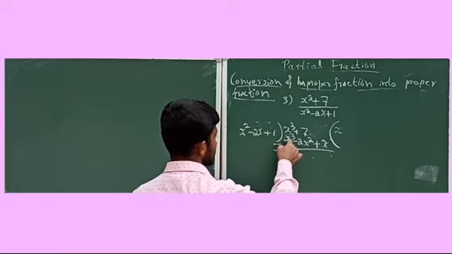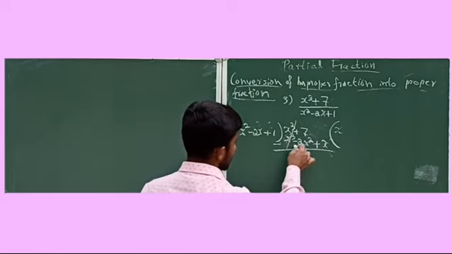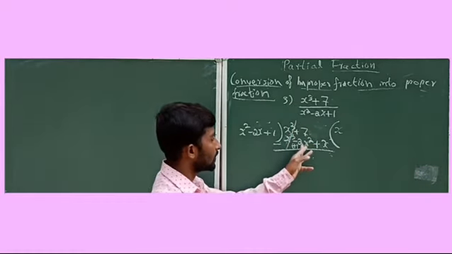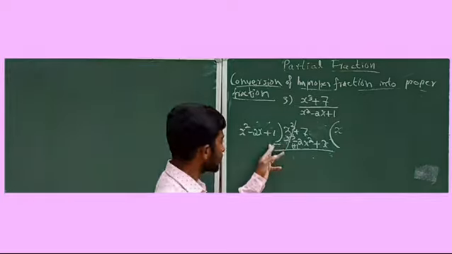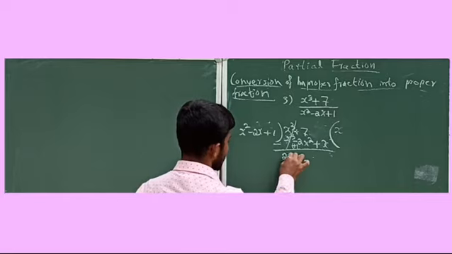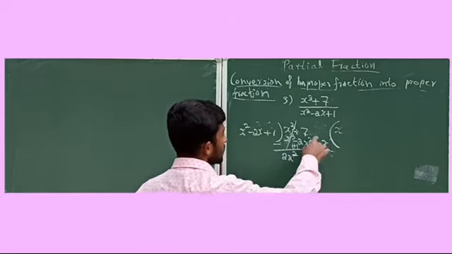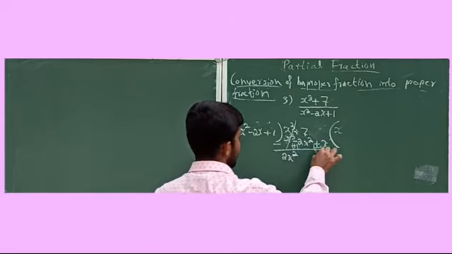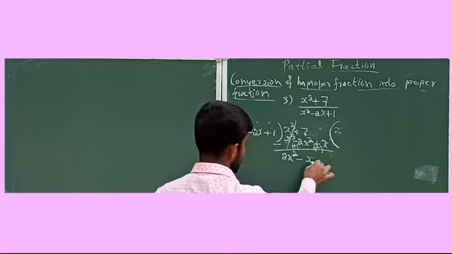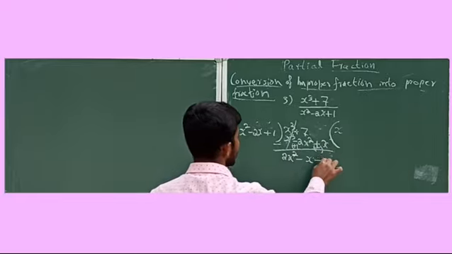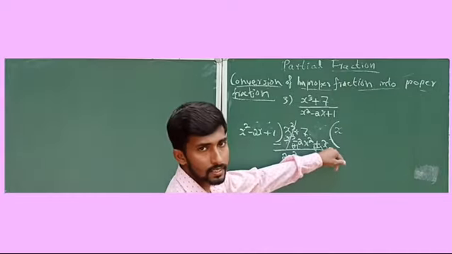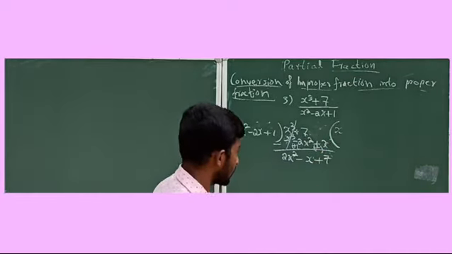Subtract. x cube minus x cube gets cancelled. Here 0 plus 2x square. Here see, no x square, but here minus 2x square is there, but you are subtracting, so minus into minus is plus, 0 plus 2x square. You will get 2x square. Okay, 0 minus x, okay, plus x, but here subtraction is there, so 0 minus x is equal to minus x. 7, plus 0, so 7 is remaining. In the second term see, no constant, right? So 7 plus 0 is equal to 7.